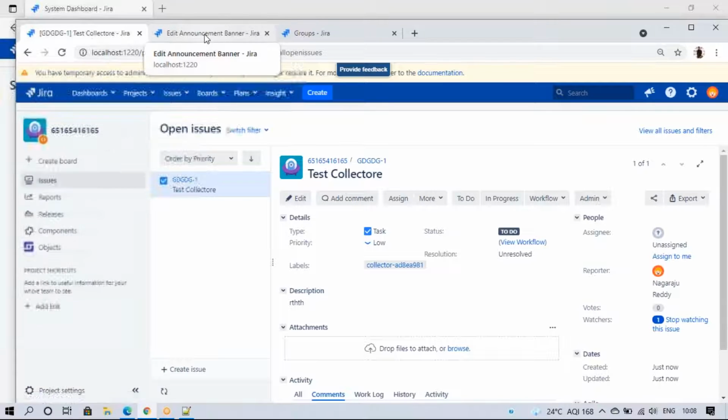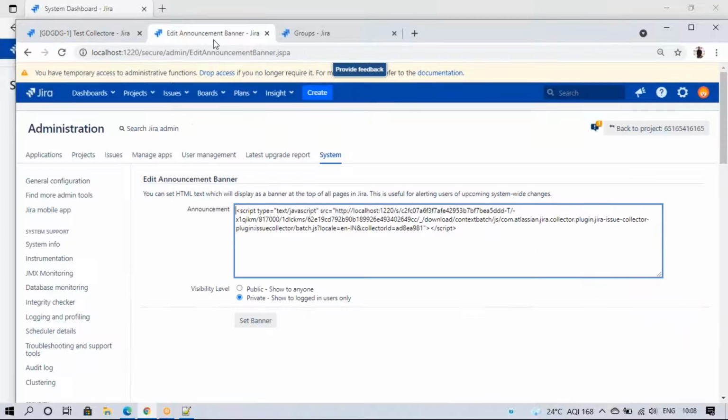So issue collector lets you create a feedback form or raise a ticket form, and once your form selection is done, if you submit it, one code will be generated. The code you can use in any other systems, any other places. If you click on that, directly one form will open. If you enter that form, it will come to this project. Okay, so this is the issue collector.